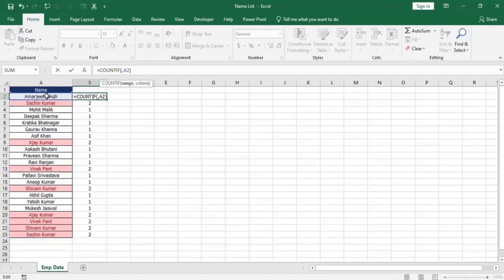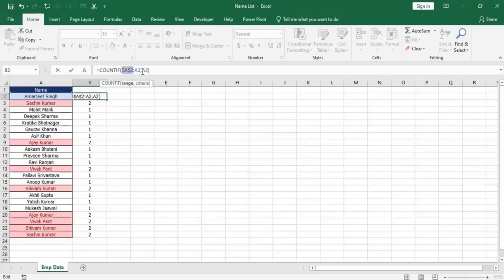I will start from here, then just press full stop on your keyboard. Once you press full stop, it will give you the range A2 to A2. It means the starting range is A2 and the ending range is also A2. Now I am going to fix the first A2.